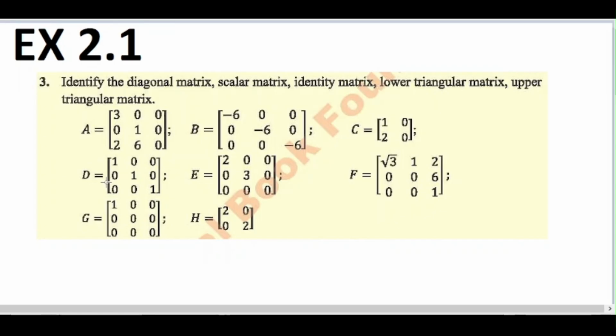Okay, so first of all we are going to start with the matrix A, which is 3 0 0 0 1 0 and 2 6 0. This is the upper triangle, which is 0, and this is the major lower triangle, which is filled with some 0 and some non-zero entries. You can see that the diagonal is containing at least one non-zero element. Now there are two, so at least one condition is fulfilled.